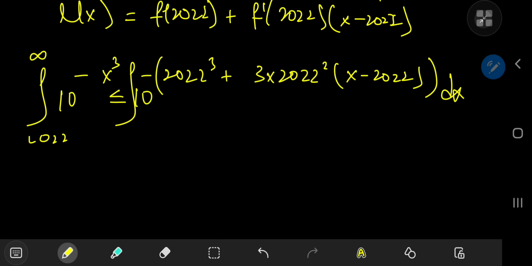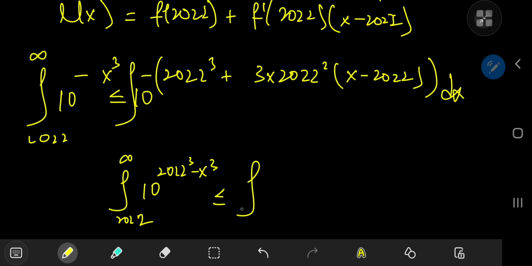Alright. And if you multiply this inequality by a positive number that is 10 to the negative 2022 cubed, then you get the integral from 2022 to infinity of 10 to the 2022 cubed minus x cubed